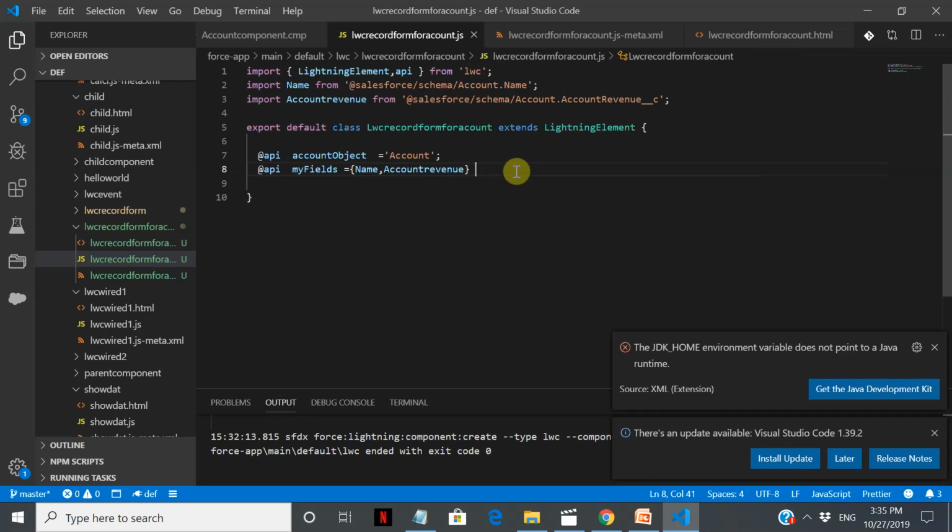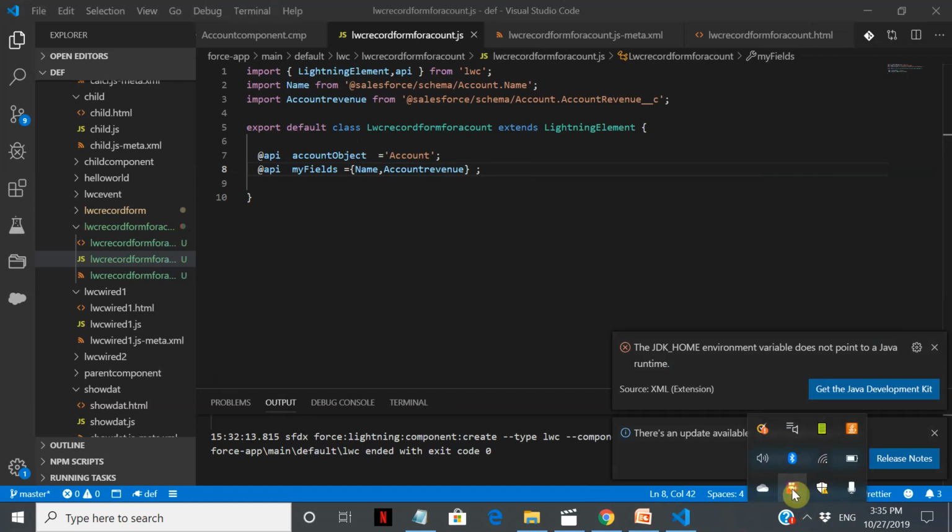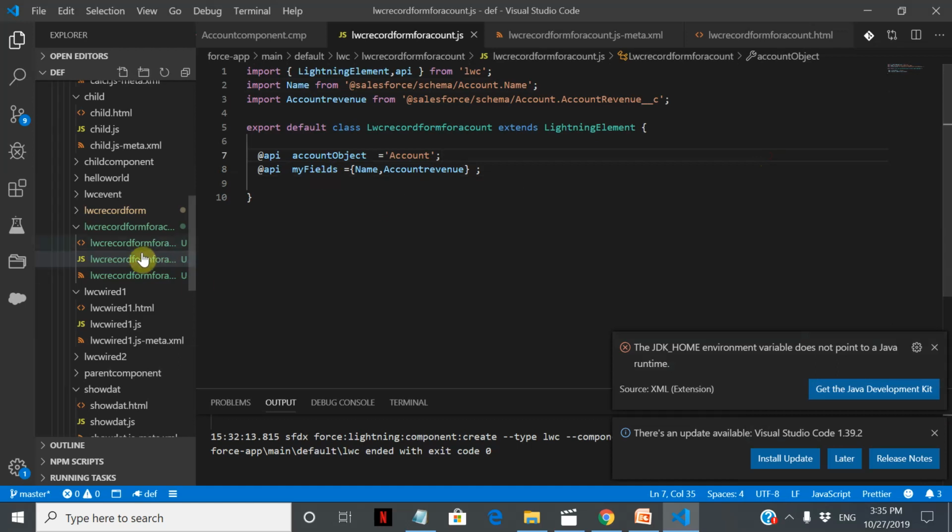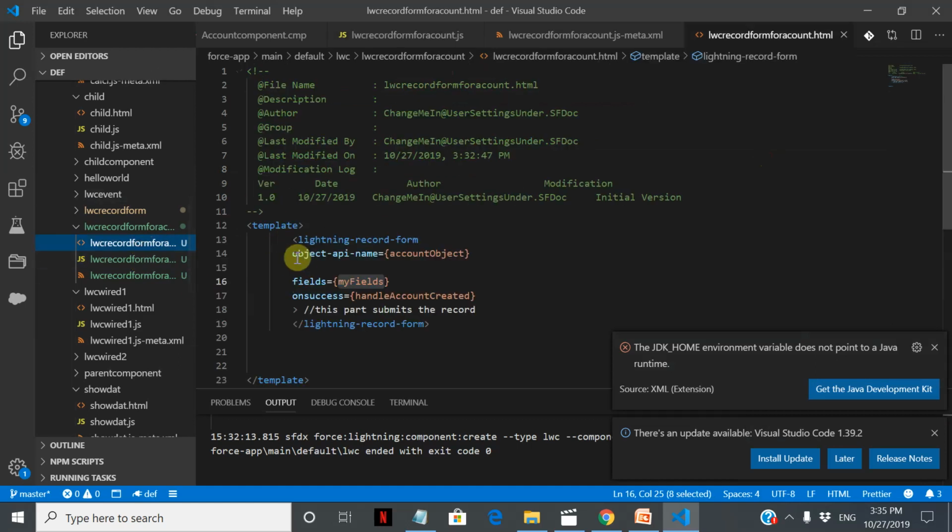So now what we have done here is we have created the template here to create a record. See, we can add the styling and all later. Right now we just decide which object you want to update, what are the fields, and finally we need to see the success handler. Now remember, now there is no submit button here. If it succeeds, it will go to this method. Okay, so we'll create this method over here